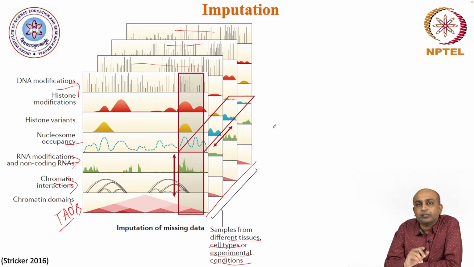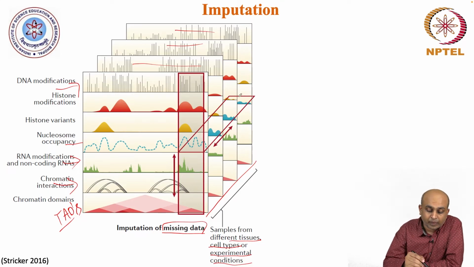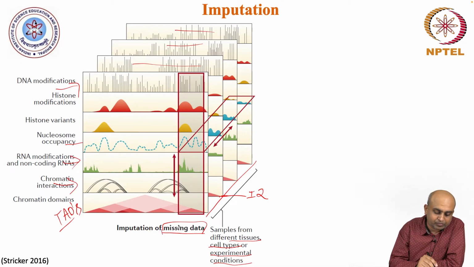So it's a multi-dimensional type of data. So when you have this kind of multi-dimensional type of data, one thing that can happen is there can be a lot of missing data. So for example, when you're doing all these assays, maybe in this particular individual, let's say we call it individual 2, the information is not available for some assay. Either the assay failed or the quality of the assay is not good. So then you end up having some missing data.